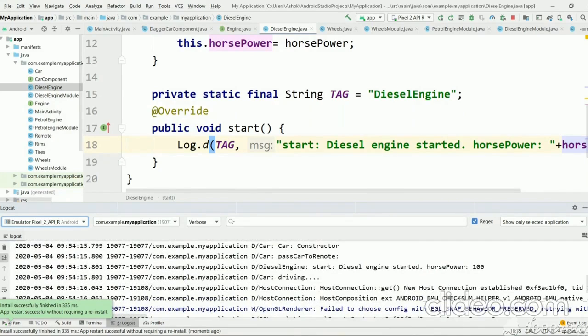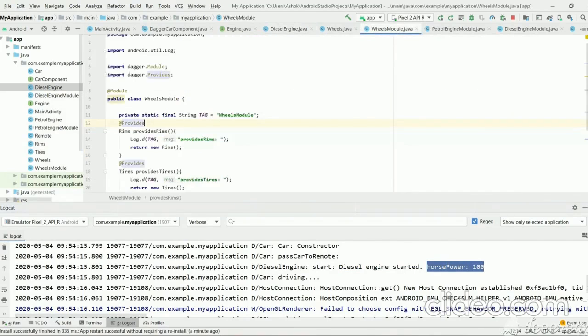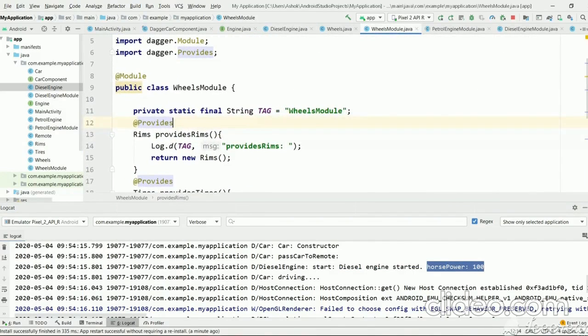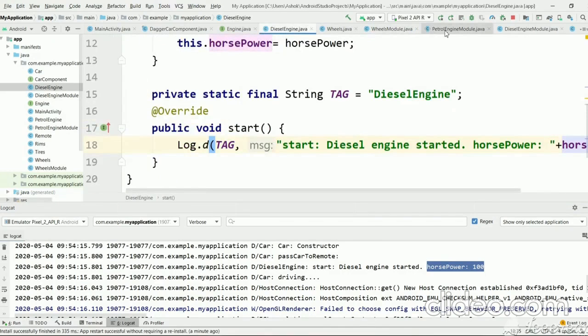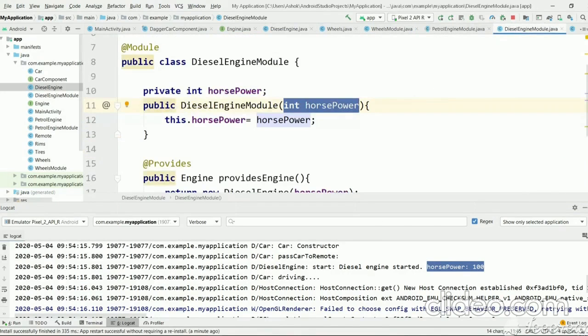So as you can see here, the diesel engine started with horsepower 100. So now we have provided the runtime value for the horsepower. Let's go to diesel engine module.